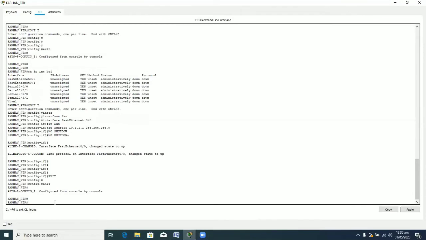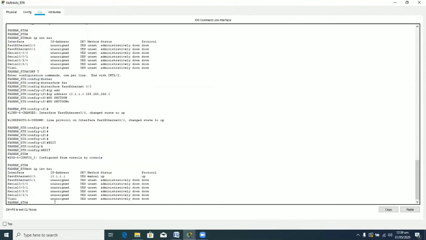If you press the up arrow, then the previous commands will be repeated from history. So I'm just pressing the up arrow and the down arrow to get my previous command. This was my previous command, show ip interface brief, and pressing enter, you can see now in the first line FastEthernet 0/0 with the IP address, status is up and the protocol is up. It is good to go.